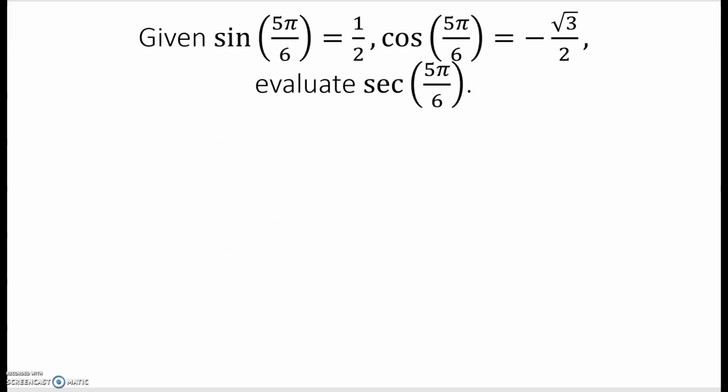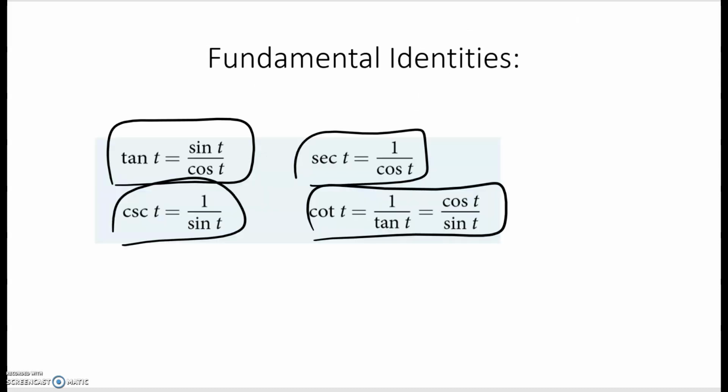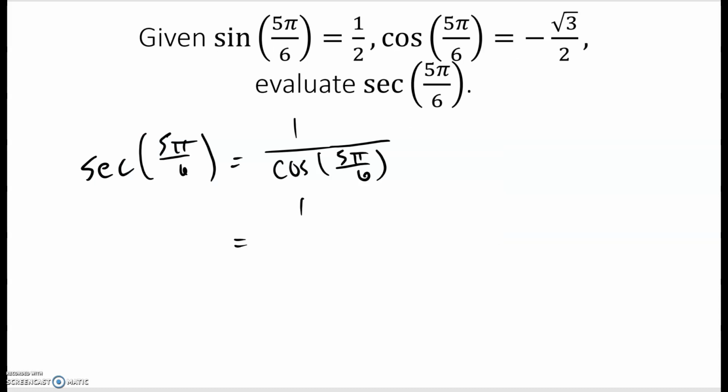Okay, given that sine of 5 pi over 6 is 1/2, and cosine of 5 pi over 6 is negative square root of 3 over 2, we need to evaluate secant of 5 pi over 6. Well, we know that secant of 5 pi over 6 is the same thing as 1 over cosine of 5 pi over 6. That goes back to this right here. So we're looking at that one. Secant is 1 over cosine. Okay, so I can write 1 over negative square root of 3 over 2,